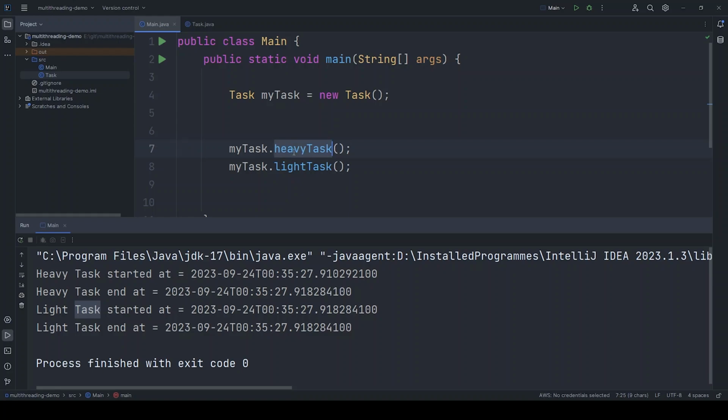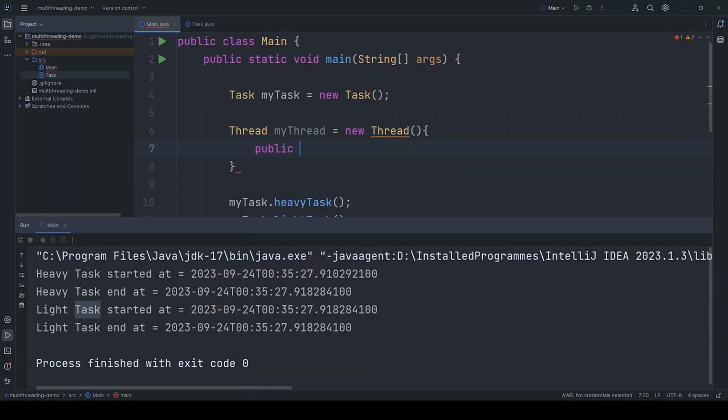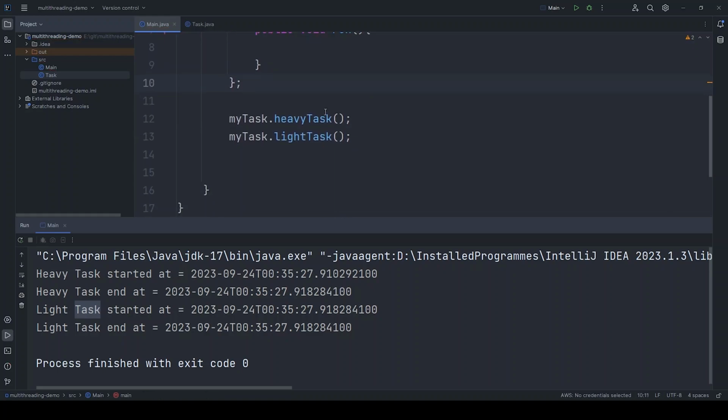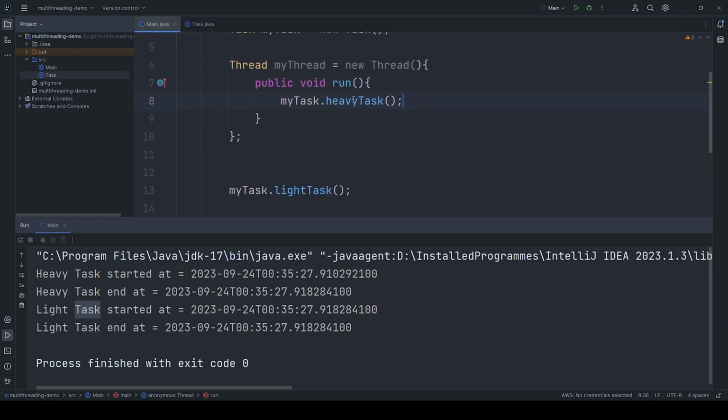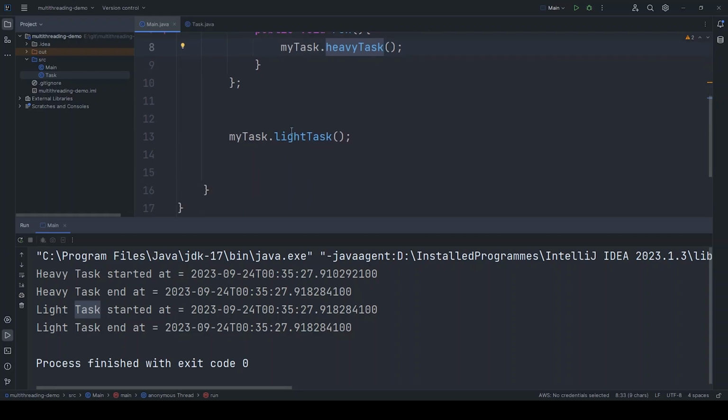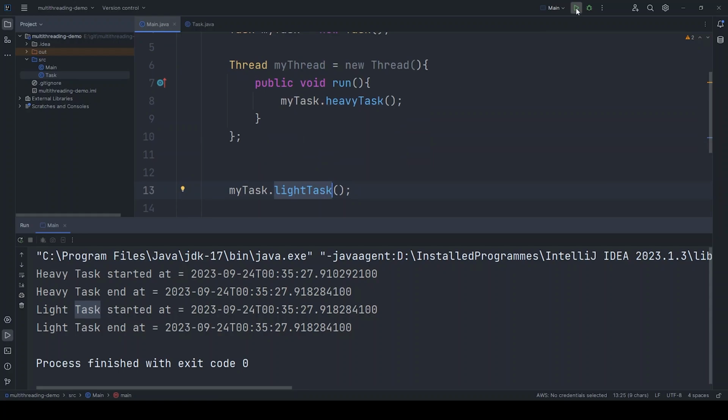So what we can do is run this heavy task in the background with the help of a thread. Here I will create a thread, myThread, and inside this we will have a public void run method. Let me close this. I will copy paste the heavy task call here. So actually I am running the heavy task in the background with the help of a thread. Now the light task will not wait until the heavy task is completed. The heavy task will execute on a separate thread, and the light task will execute on the main thread. Now if I execute this code,